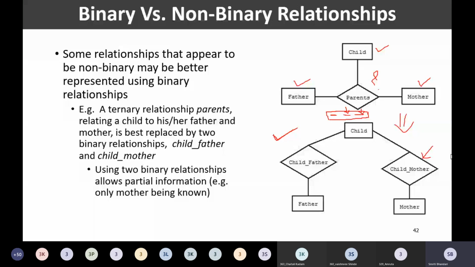May I ask roll number 340, yes, Ashutosh? Yes, ma'am. Understood, ma'am. Have you understood the concept? Yes, ma'am. We are finding in this, if any parent is missing, we can find it.